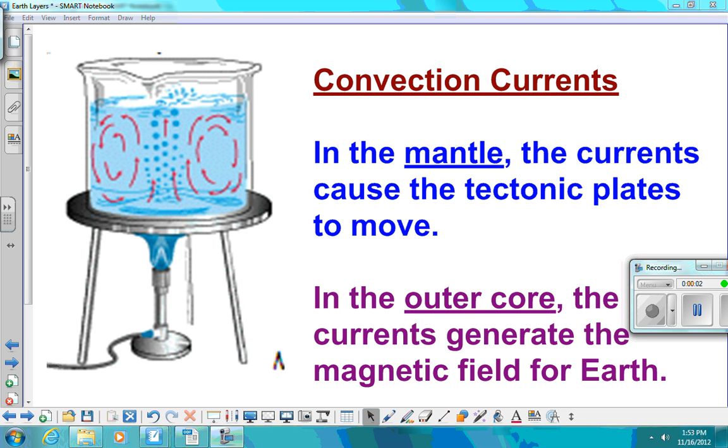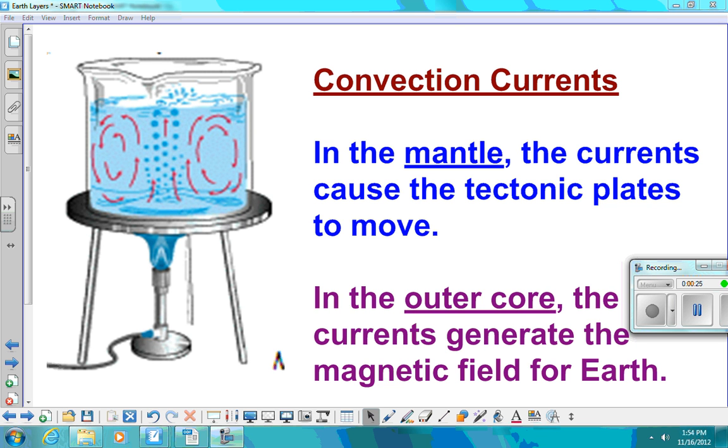Alright, today we're going to start talking about convection currents. This is kind of a review in a sense that we've already learned what convection is back when we were talking about molecules and how substances get heated and transfer heat. So convection is that circular movement of liquids or gases where hot substance will rise, and as it cools it